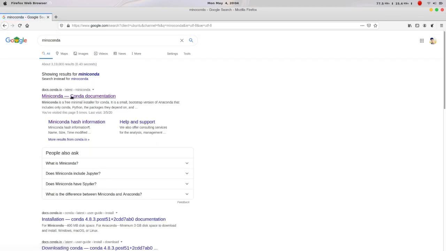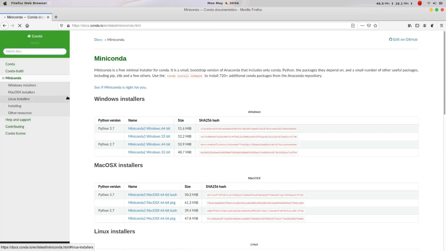Just go with the first link and you will be taken to the official website of Miniconda or Anaconda. As you can see there are multiple listings, but what you need to do is install the one with the Python 3.7 version.